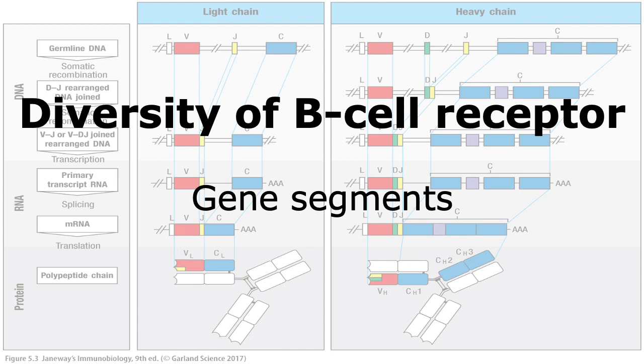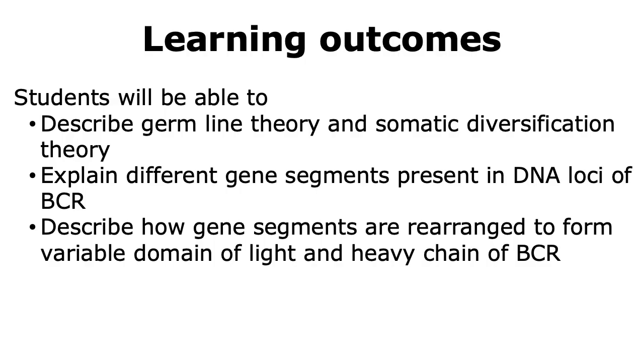Welcome to the Generation of Lymphocyte Antigen Receptors module. In this talk, we're going to learn about the diversity observed in the B-cell receptor. We will first learn about two theories, which are the germline theory and the somatic diversification theory. We will then learn about the different gene segments that are present in the DNA that codes for the B-cell receptor, followed by how these gene segments are rearranged to form the variable domain of the heavy or light chain